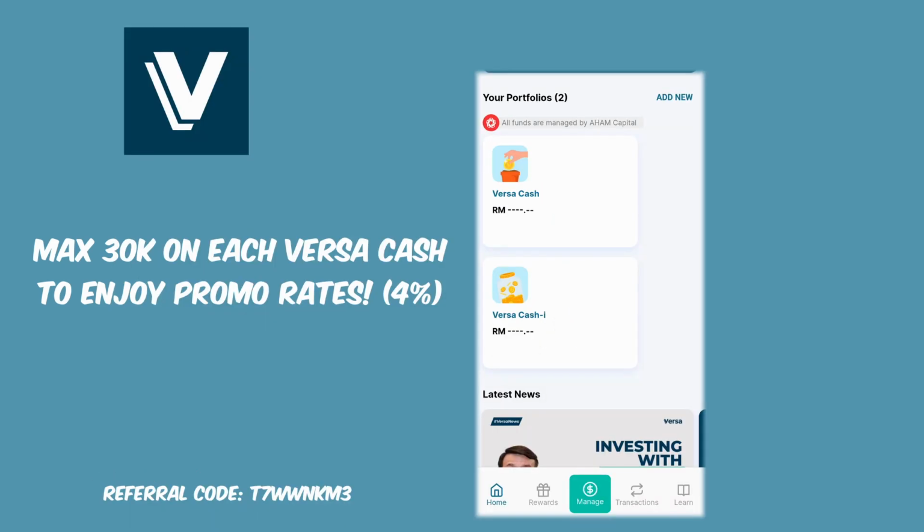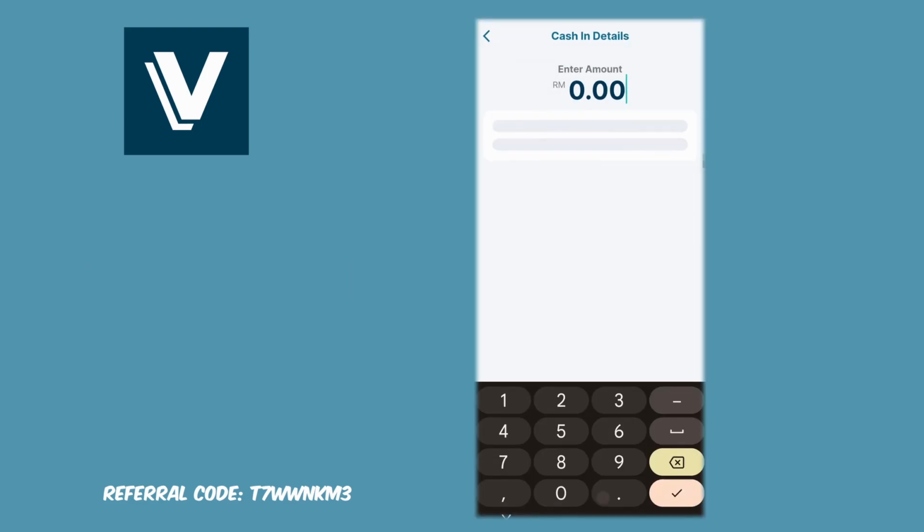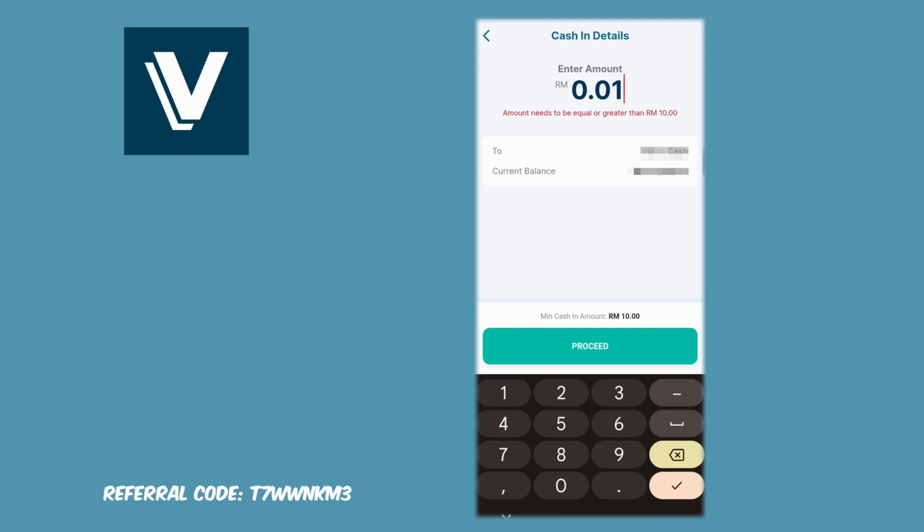So if you want to enjoy the 4% returns after your first 30K, just open the other Versa Cash, which is like Versa Cash I. So each of them is available for 30,000, at a maximum of 60,000 to enjoy the net promotional rate of 4%. Once you have this portfolio, all you gotta do is click this add in, Versa Cash,